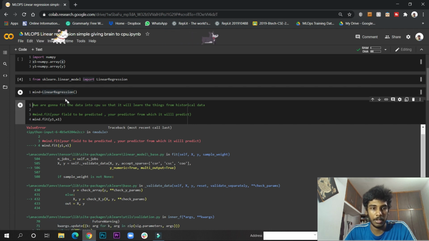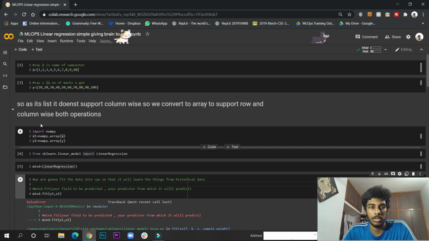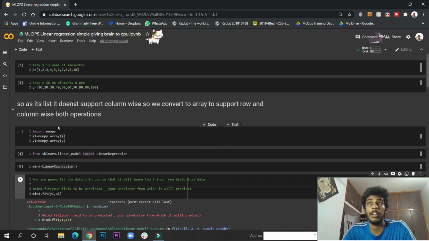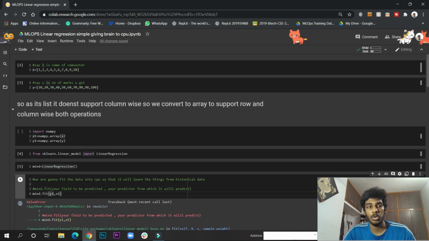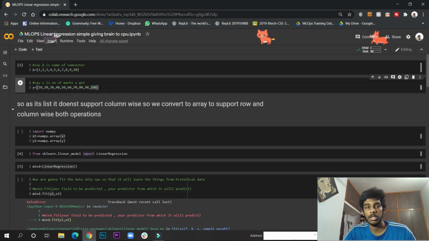I completed that, and now we have to fit the data, these two datasets we converted, so that it will treat them as historical data and start learning. For that, mind.fit(y1, x1). The first parameter should always be the variable you want to predict. Say x is the semester and y is the number of marks you got.